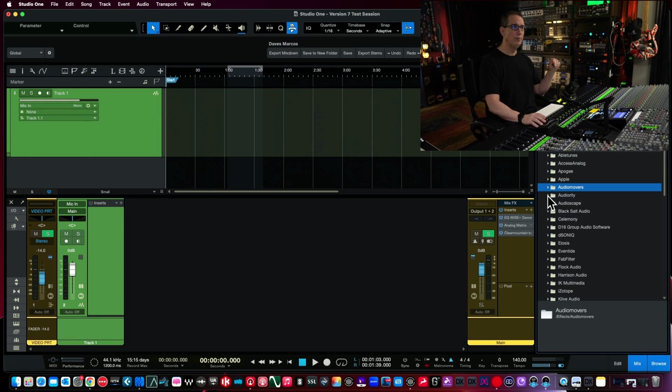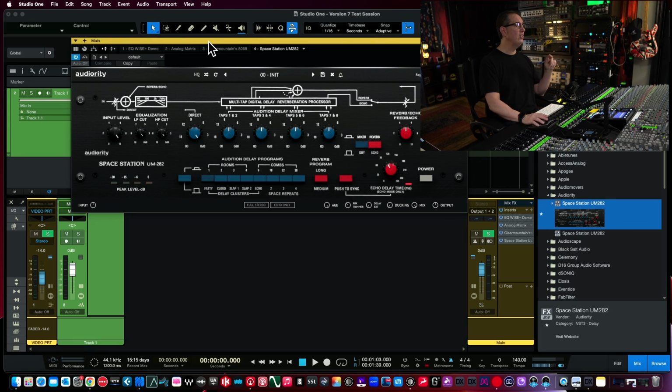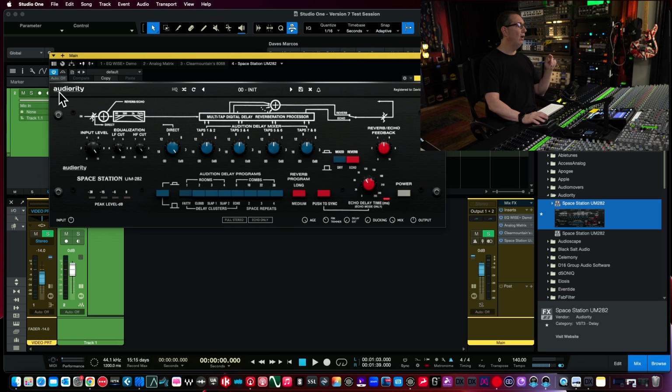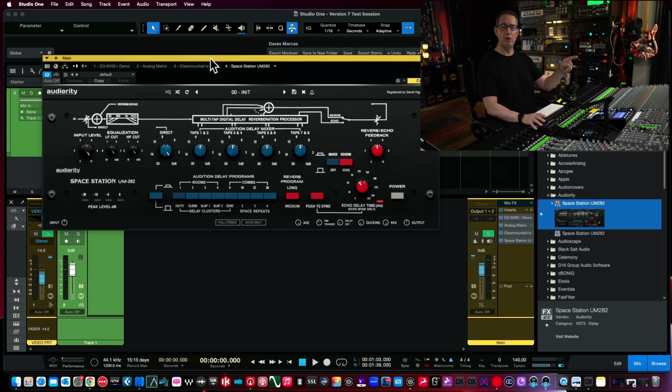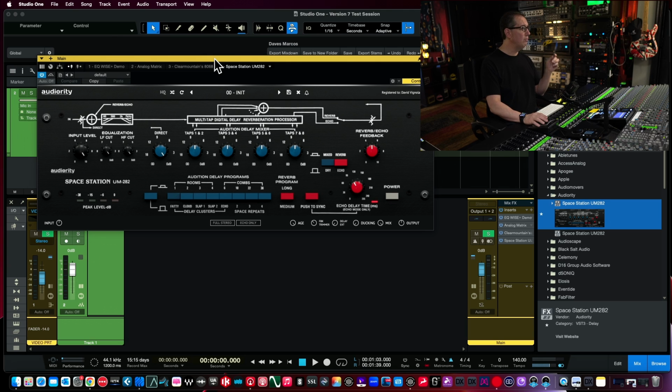Nothing we need to see there. Authority. This is a really cool plugin. It's kind of a sleeper. This is the Uri Space Station by Audio Authority. This is a really great plugin. This is modeled on an old piece of 1980s hardware called the Space Station, the UM282. It's a reverb and reverberation processor. Looks a little overwhelming. It's a little complicated, but it's got a wonderful reverb and delay, and a couple of presets in here I really like. And even when I'm mixing analog, a lot of times I'll use this on snare drums,